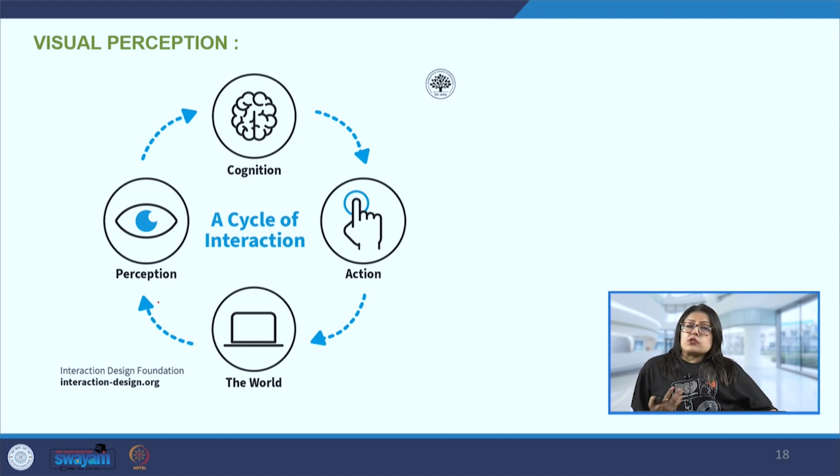Also, using the Gestalt principles, we know that certain items can be clubbed together so that we can easily find them. So, clubbing some of the important information together in groups, in clusters, so that we know where we will find this particular information. Then, how will one pay attention and focus? So, what can we do for that particular area so that the attention is not lost?